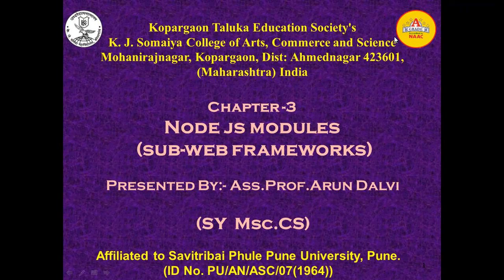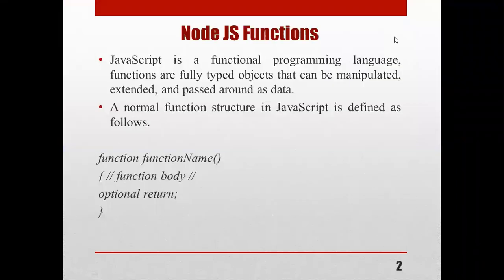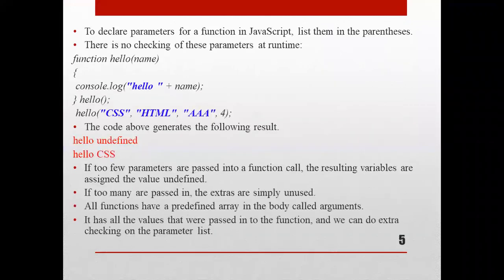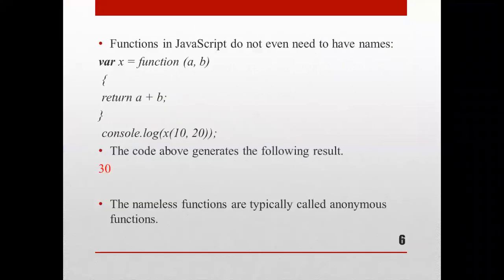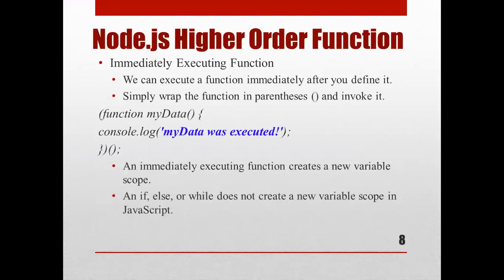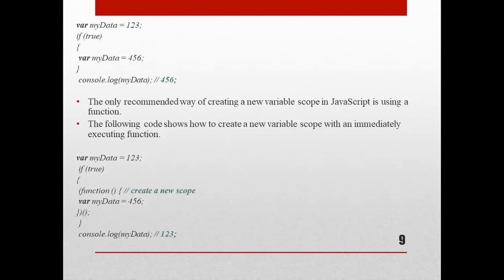In the first session, we have seen what Node.js functions are, how we can write them in Node.js, and the structure of Node.js functions. Then we have seen examples of functions. Then we have seen named functions and anonymous functions with their examples, and how we can execute a function without a name. Then we have seen the scope of functions, then higher order functions, then examples of that function